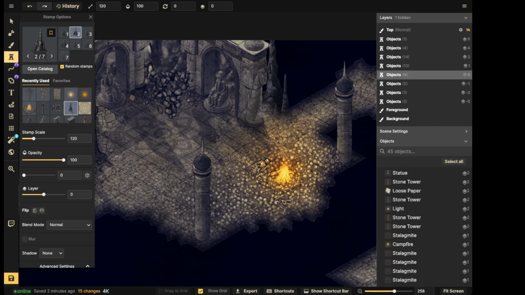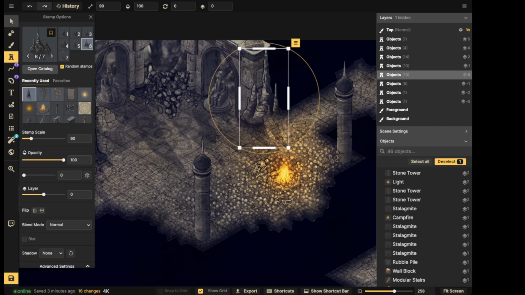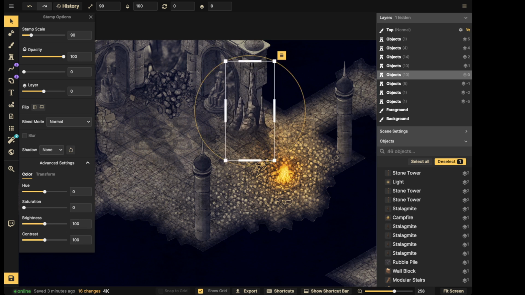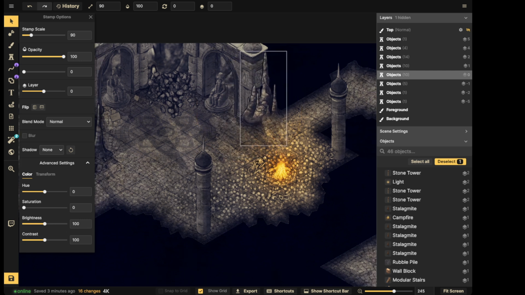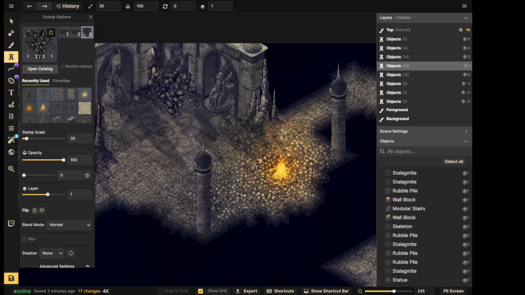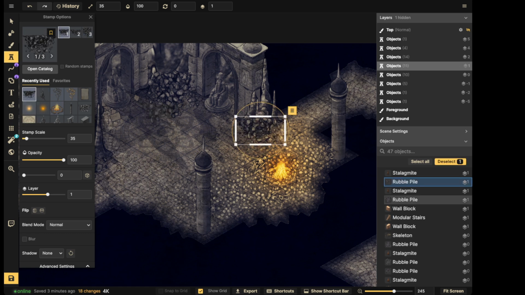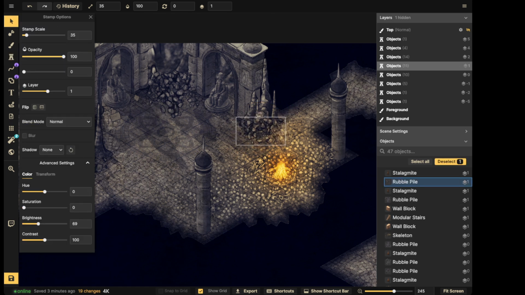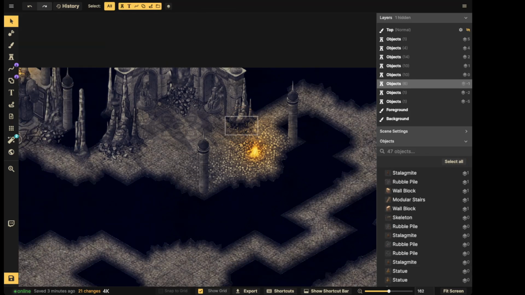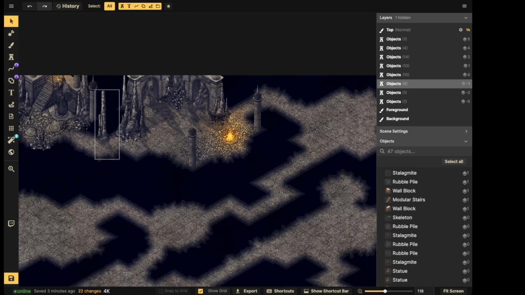Let's go ahead and add the last bit of details in here. We'll throw in a stalactite just right here, connect it to this. Or we can move it over to here like this. I think that might look okay. And then we'll take that rubble and put it underneath right here. So we have a little bit of rubble underneath that one. Or you can put it on top. Doesn't really matter. I think that looks okay. We'll do a straight line there. Let's bring it down. There we go. Okay. So I think that room